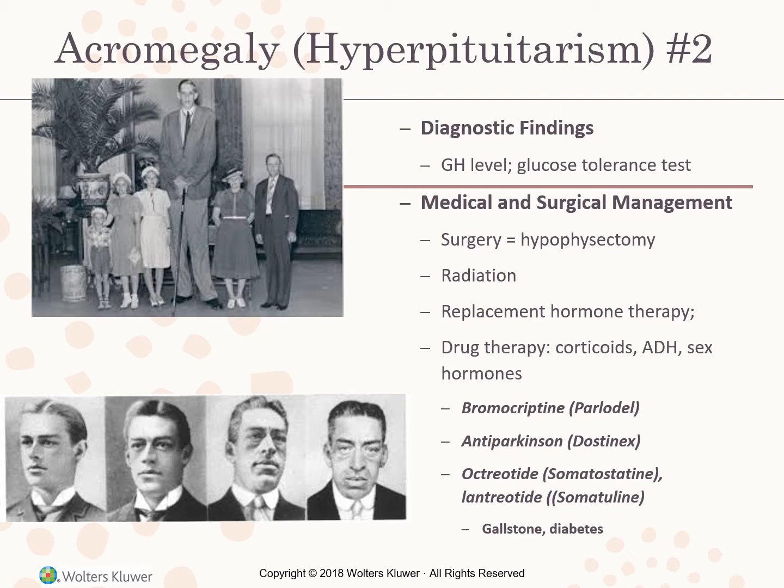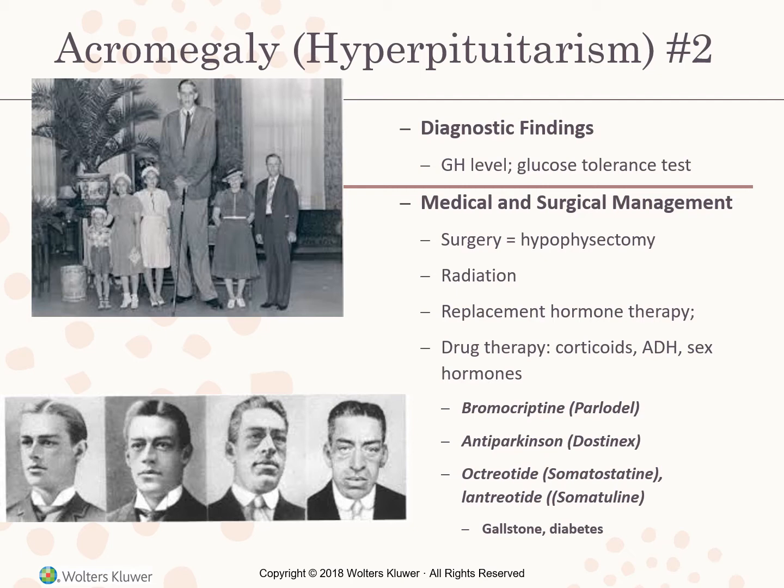We also have to remember that the client who is at surgical risk may undergo a primary method of treatment that includes a series of radiation over 4 to 6 weeks. These patients require frequent monitoring for evidence of tumor recurrence, and even if the disease is arrested successfully, physical changes are irreversible. If the surgery or radiation removes or destroys normal pituitary tissue, replacement therapy with thyroid hormone, corticosteroids, antidiuretic hormone, and sex hormones is necessary.